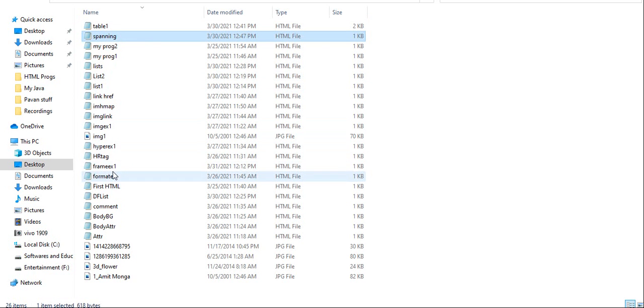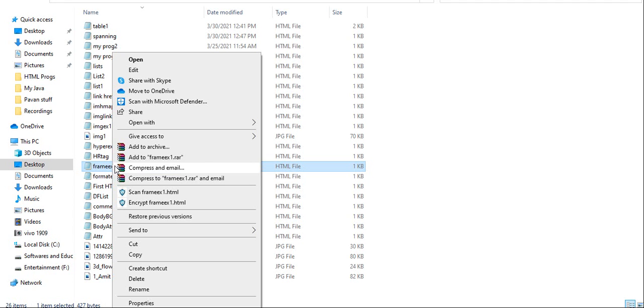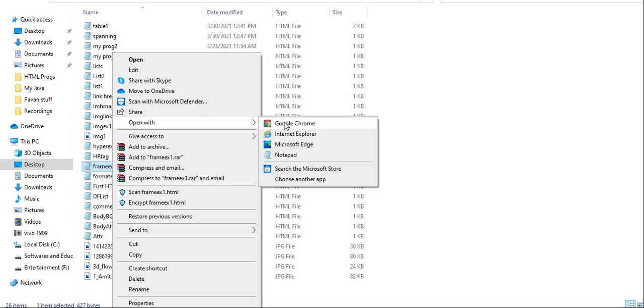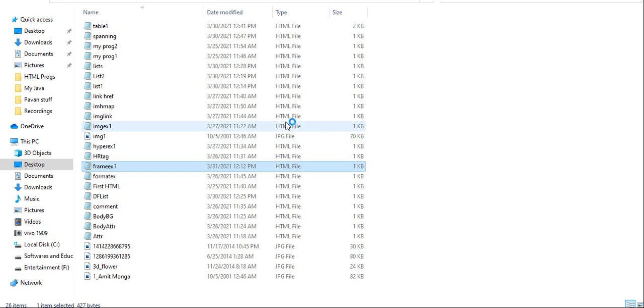Where is that frame? Yeah, frame. Open with... why is it taking time. Okay, open with Chrome.